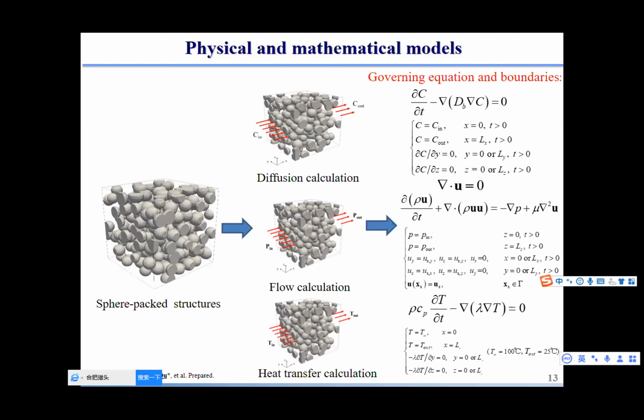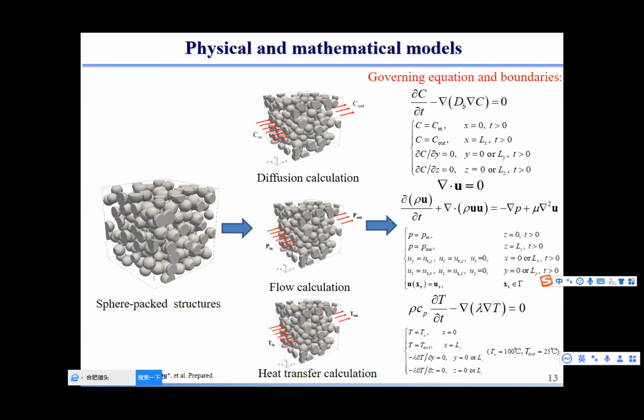And heat transfer conclusions: if a gas diffuses in these particles and if some chemical reaction such as adsorption happens, then only adsorption heat can transfer inside the packed bed. So these are the governing equations and boundary conditions. This is a typical structure, and we use this structure, the packed bed, as the training process.